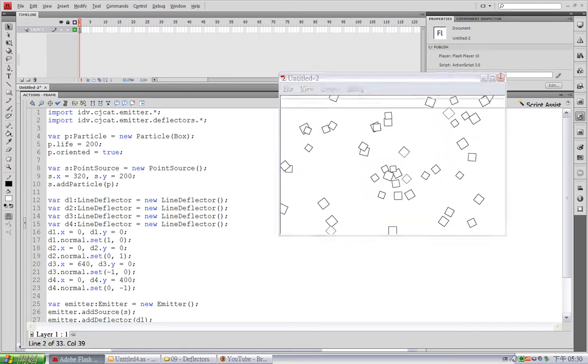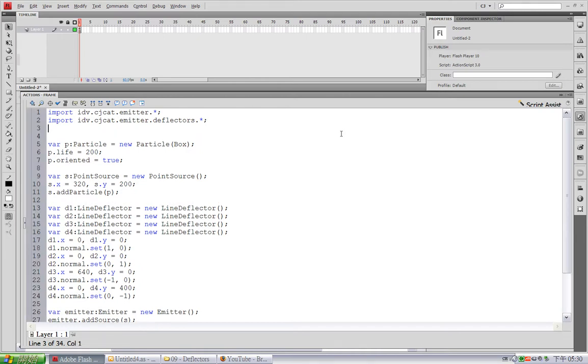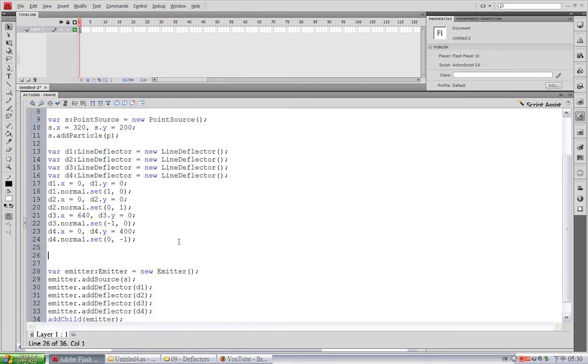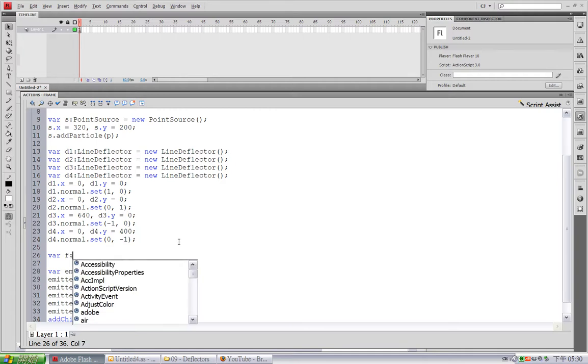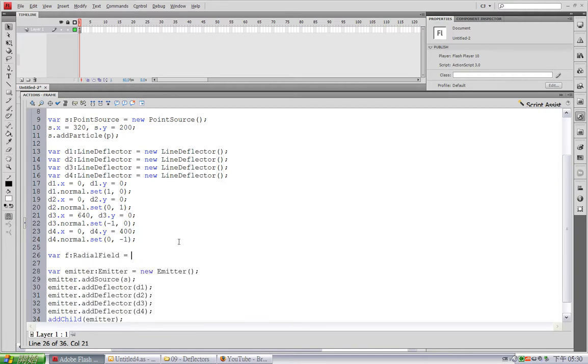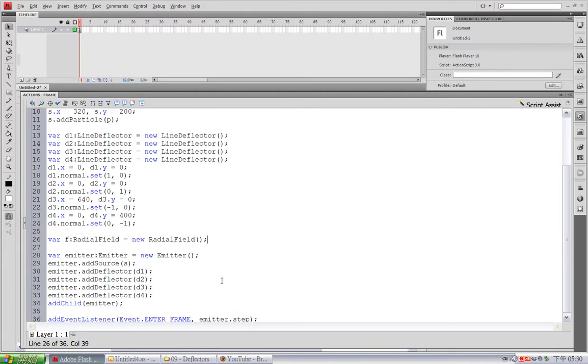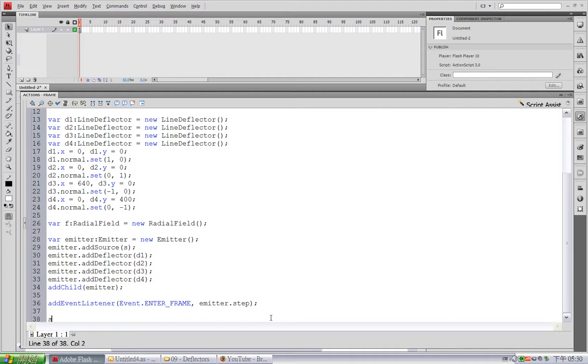Okay, now to use the impulse effect, we first have to use a field. So I'm going to import the field package. And I want a radial impulse, so I'm going to use a radial field. And I want this radial field to act as an impulse when I click the mouse and centered at where my cursor is. So I'm going to use the click event. Listen to the stage's click event,